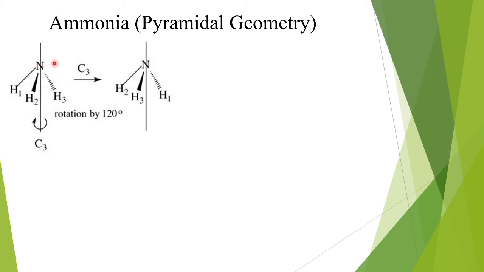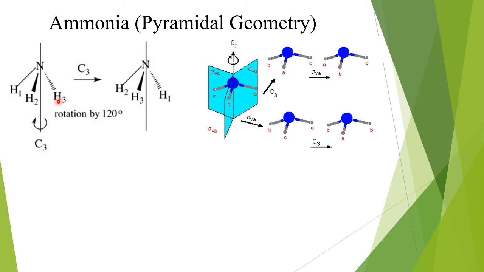So here this is one appearance, this is another appearance, and rotating through 120 degrees again, you get another similar appearance. While rotating through 360 degrees, we can see three similar appearances or three similar orientations. That's why this axis is called the C3 axis. Okay, next we have the planes. Just check if there are any other rotation axes possible. No other rotation axis is possible because ammonia has a pyramidal geometry.